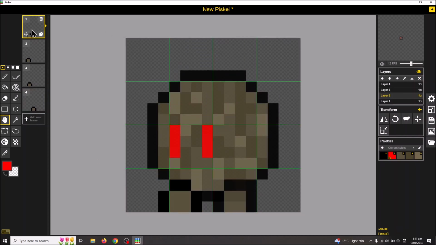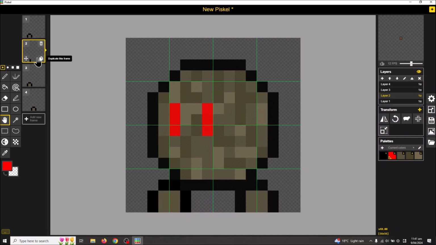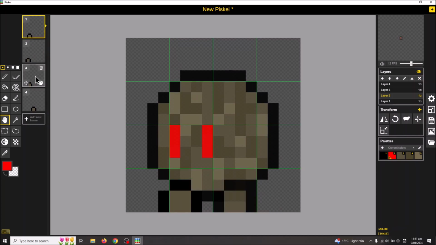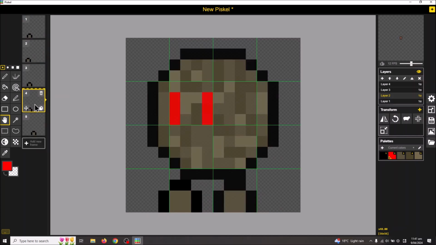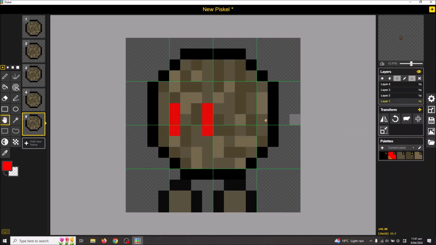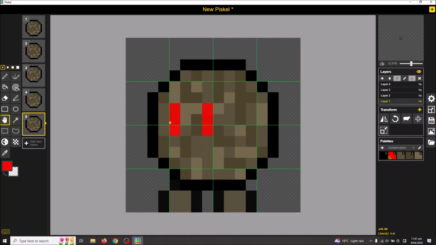Now, what else I need here is an idle animation. So what I'm going to do is grab this one here, duplicate it, and move it down. I'm going to move everything back to how it should be when it's standing still. So eyes come down one, body comes down one. We've got our standard pose here. And I'm going to make it look like it's